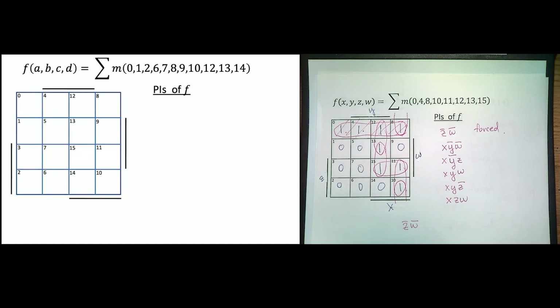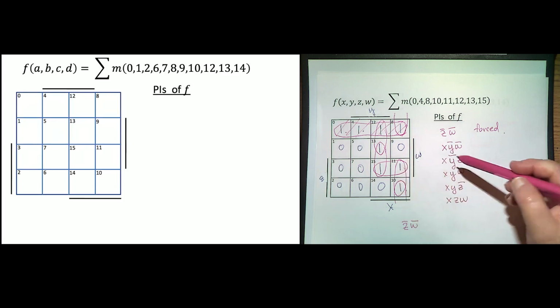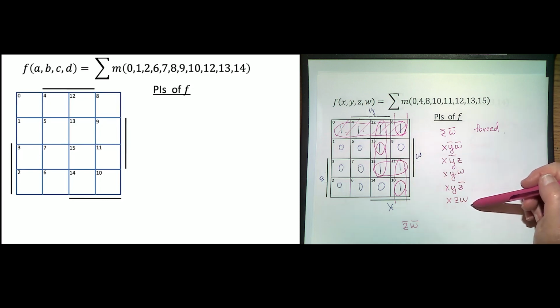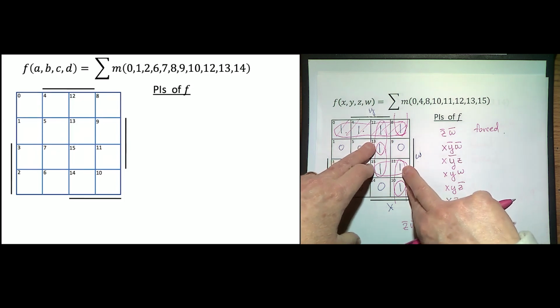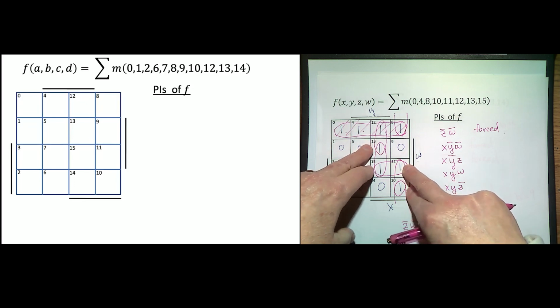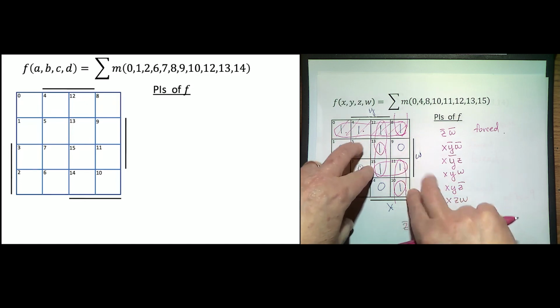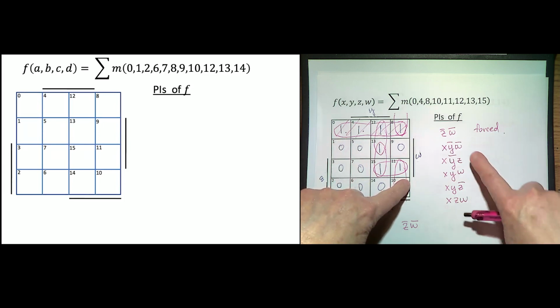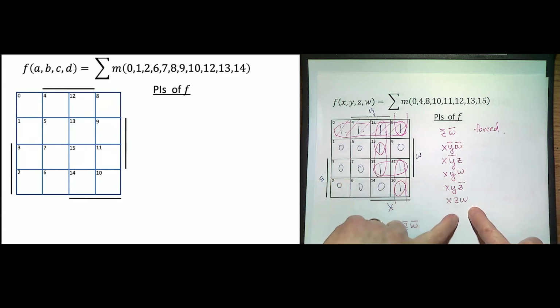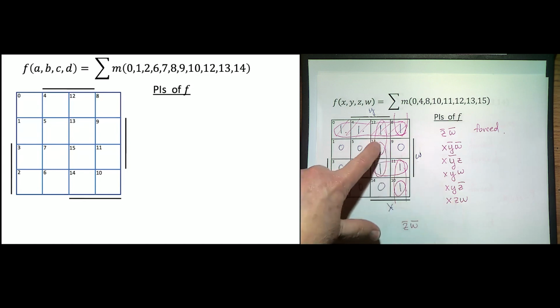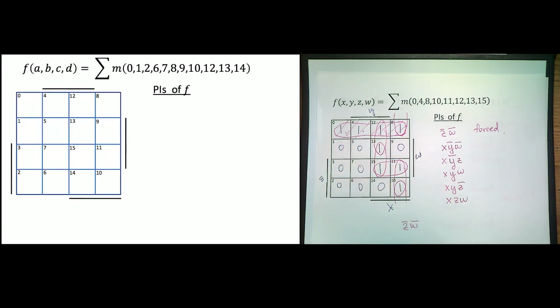What are my options here? I have lots of different options, right? I could include all of these. That's probably not a good idea. Yeah? Okay, so this is where you use your intellect and say, gee, I need to cover 4 remaining ones. Each one of these remaining prime implicants only covers 2. So I'm going to need 2 of them. And I can do it with these 2, so that's going to be optimal.